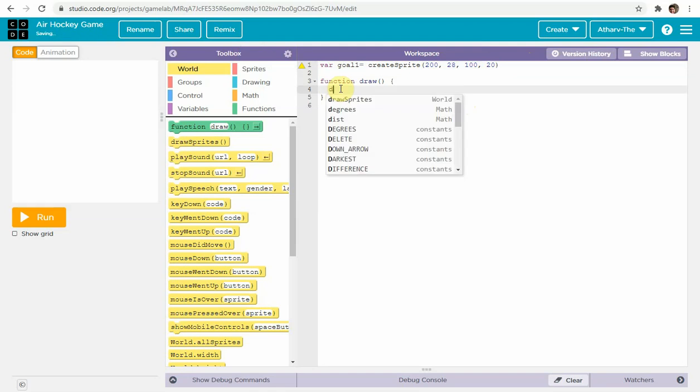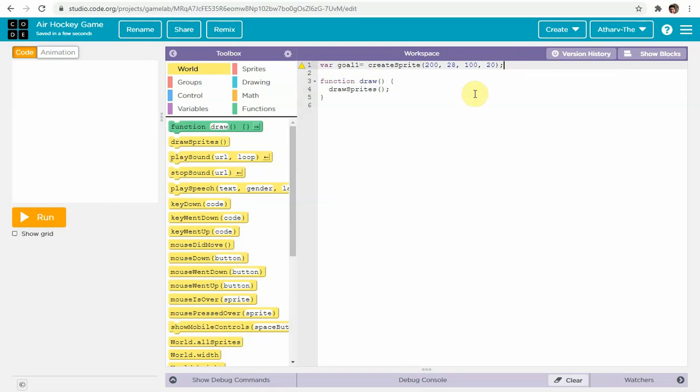Now we'll write here drawSprites like this. Very good. Now we'll write goal1.shapeColor equal to, remember, white. Okay, and then in function draw,